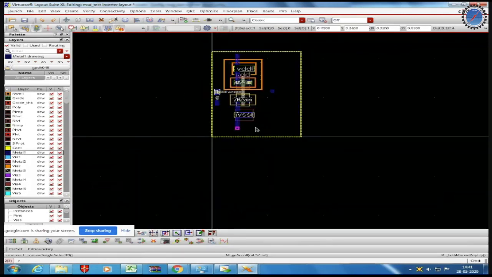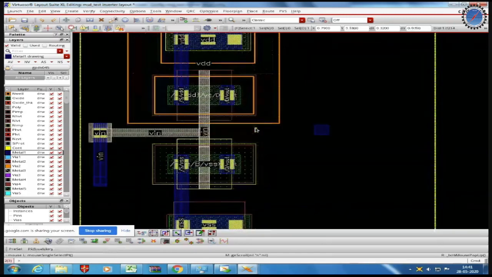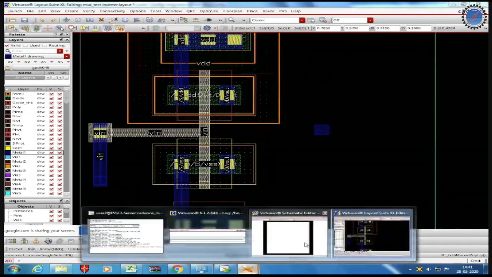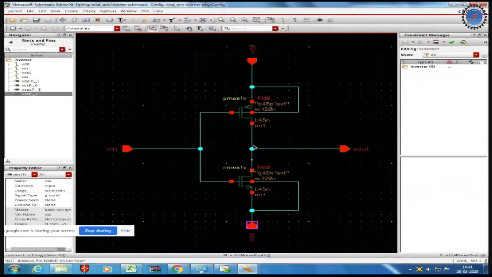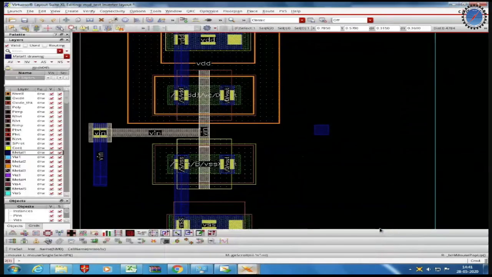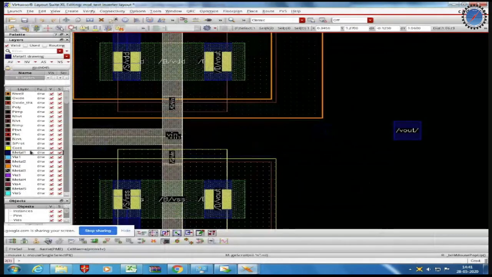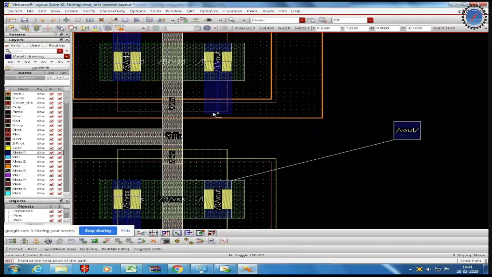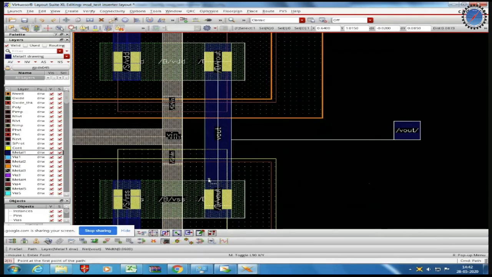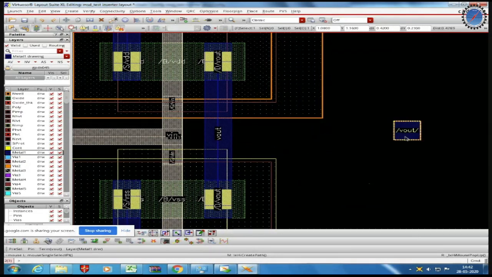So once this is done, we are left out with another connection, last connection, which is connecting drain of NMOS and PMOS and giving that to Vout pin. So go to layout window, select metal 1 in the layer window, press P to start the path. From the center of drain of PMOS, start the connection and end it at the drain of NMOS by clicking enter. Now bring the Vout pin to this connection.